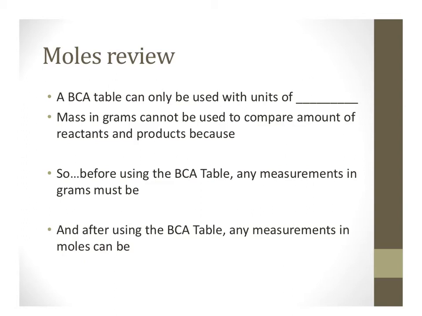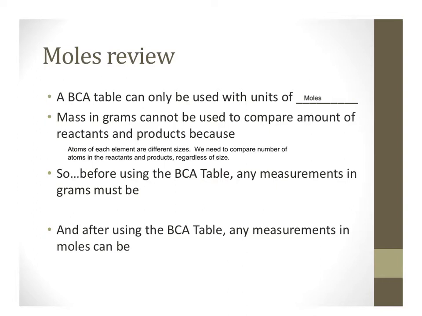A BCA table can only be used with units of moles because we can't use the mass in grams, because elements on the periodic table, as we've learned before, all are different sizes. So we use the molar mass to get out the effect of the different sizes. So we just want to compare number of particles, specifically atoms, from the beginning of the reaction to the end